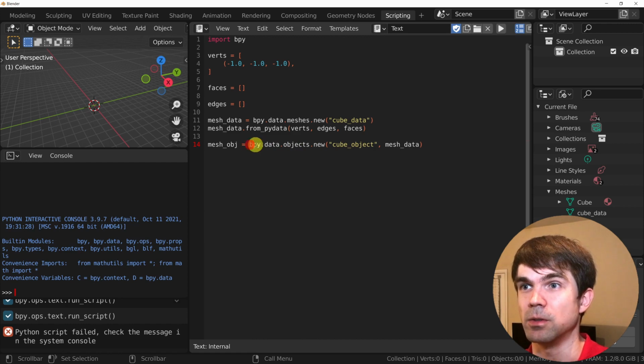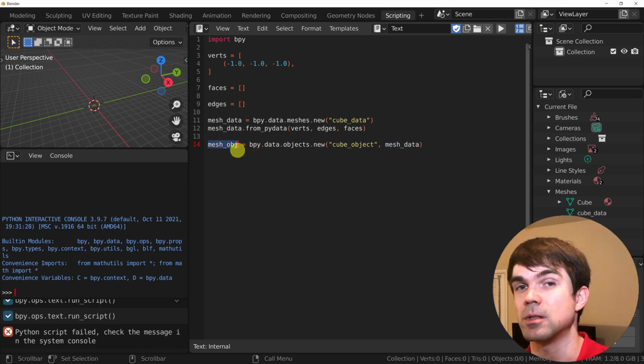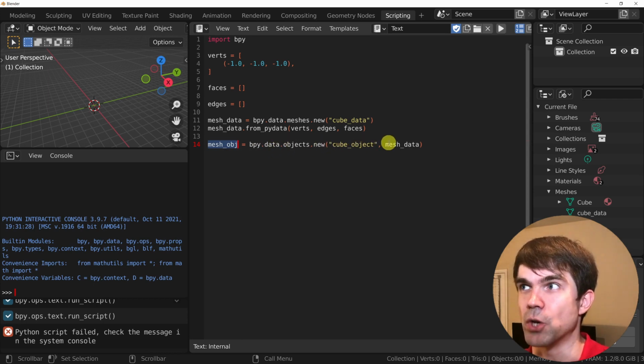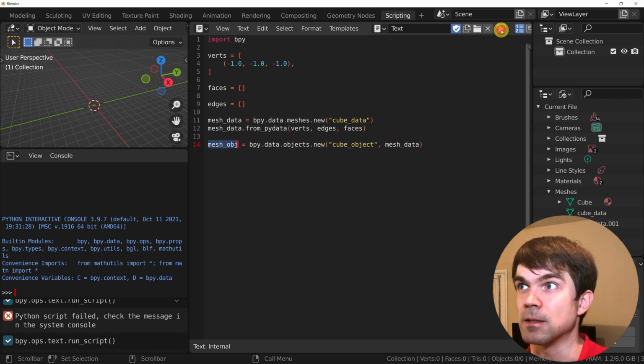And using that we imported up here to create a new object, call it cube object, and use the mesh data right here that we created and populated to attach it to this object, right? And then we create a new variable that we can use to reference this new object. Let's run the script and see what happens.